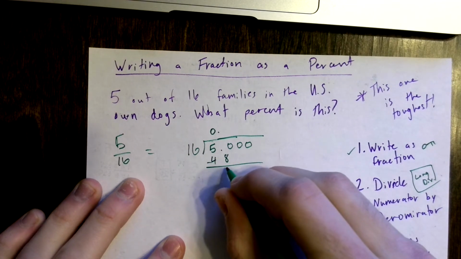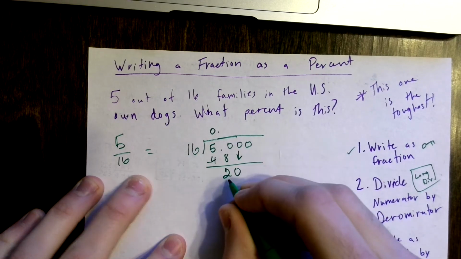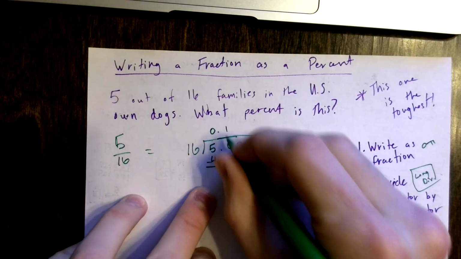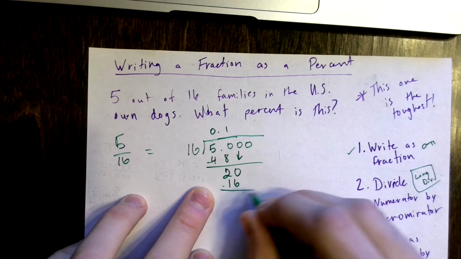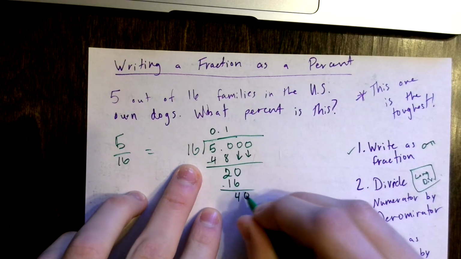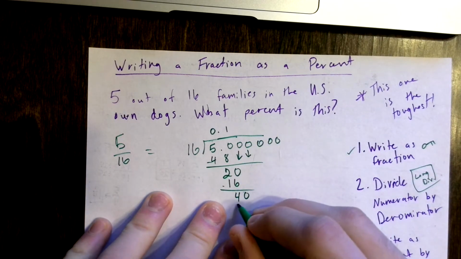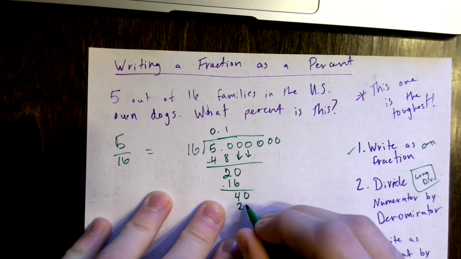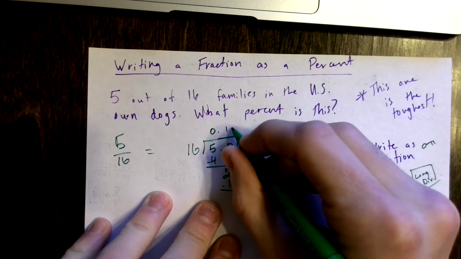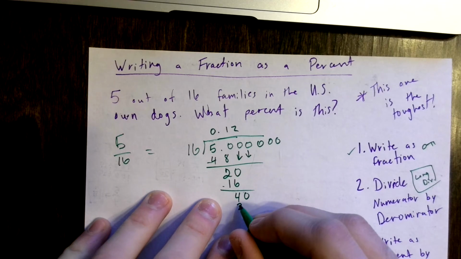As we subtract that out, we carry down a 2, carry down a 0, and 16 goes into 20 one time as 16. And pull down a 4, pull down another 0. Looks like we might even need some more zeros. 16 goes into 40 2 times. Oops. I should write this 2 up here. 2 times as